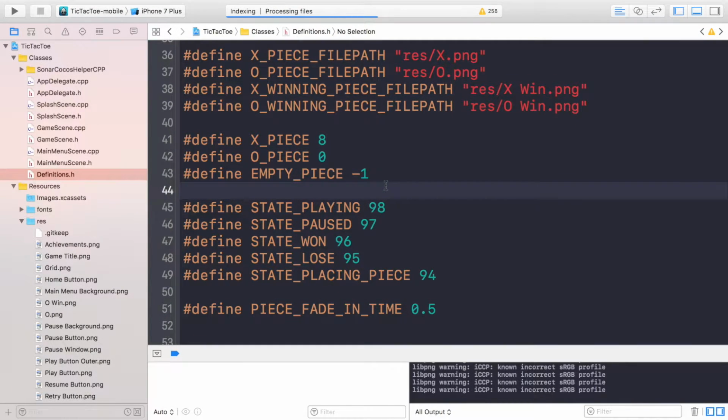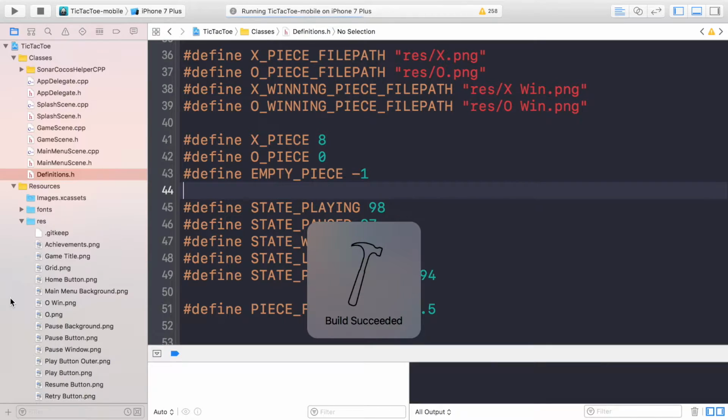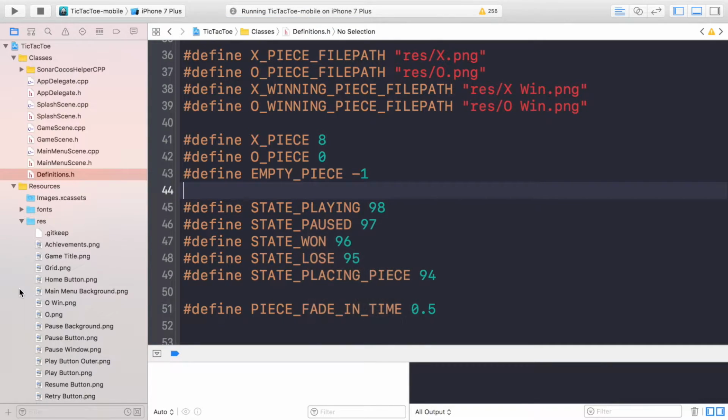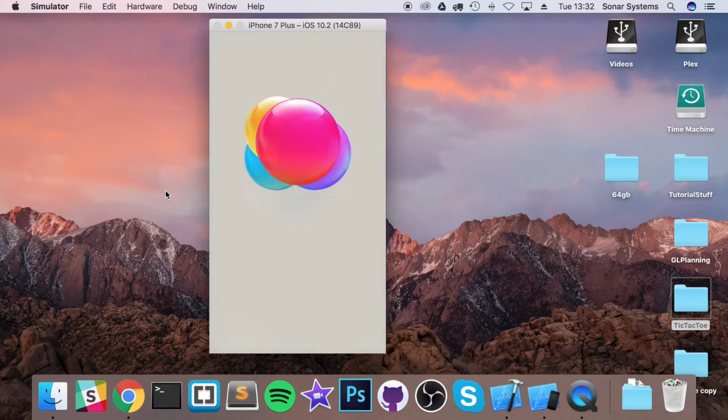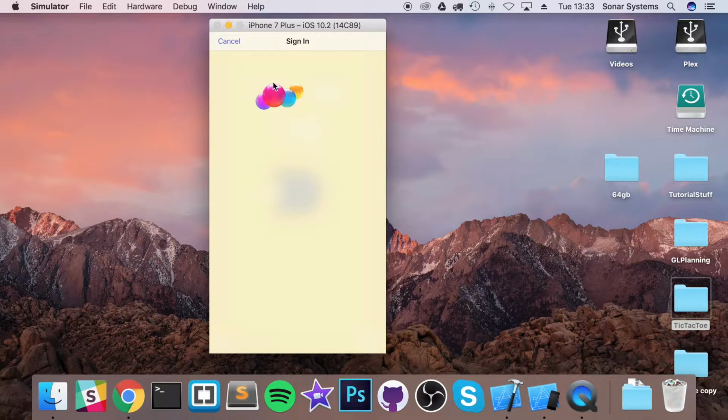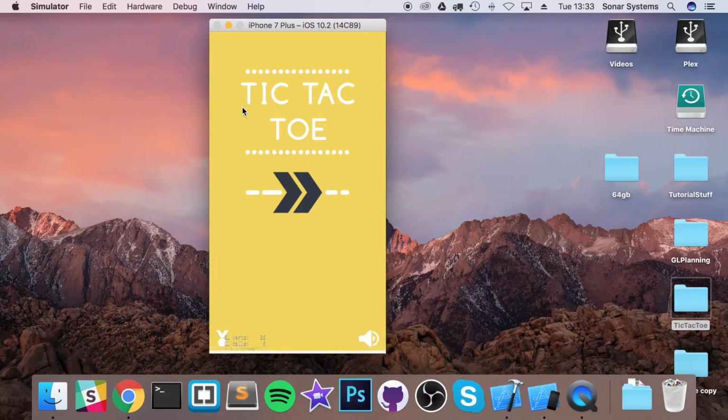Hello, in this video we're going to cover implementing the AI system into our tic-tac-toe game. Because if we launch our game, we've got a splash screen, we've got a main menu, the main menu takes you to the game screen, and on the game screen we have a grid system which we can place pieces on. We've got an automatic sign in to Game Center, and you'll have the equivalent for Google Play services if you've